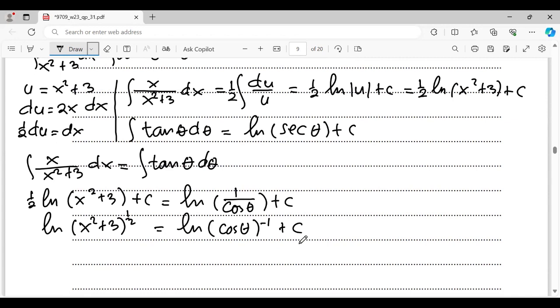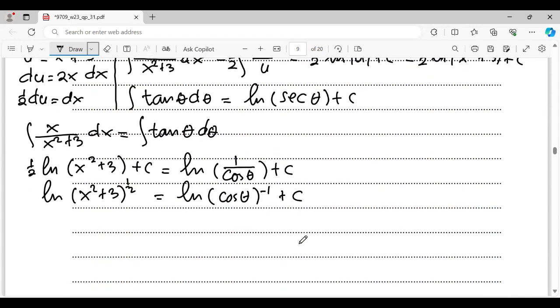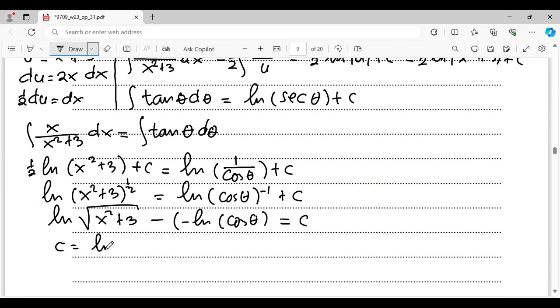Okay, so it's going to be ln square root of x squared plus 3 minus ln cosine theta equals c, or c equals ln square root of x squared plus 3 plus ln cos theta. So yeah, c equals, yeah,